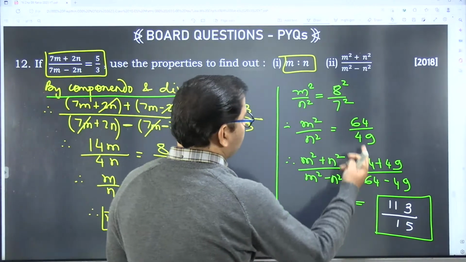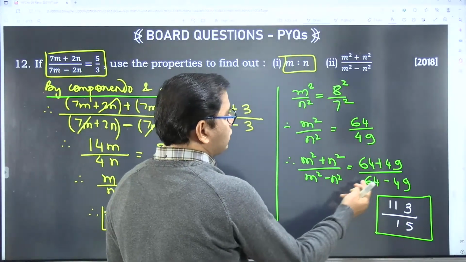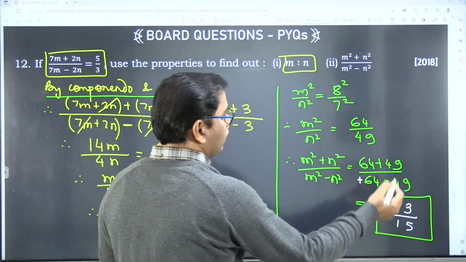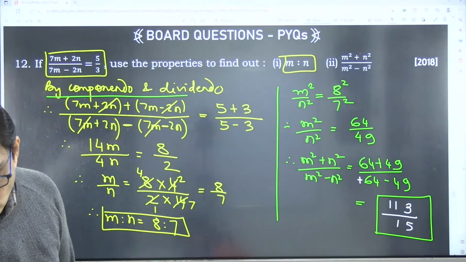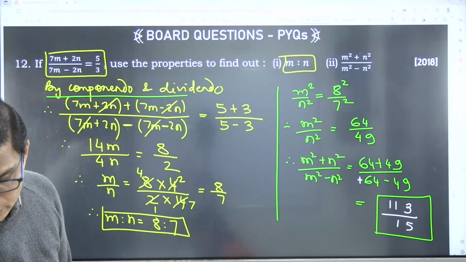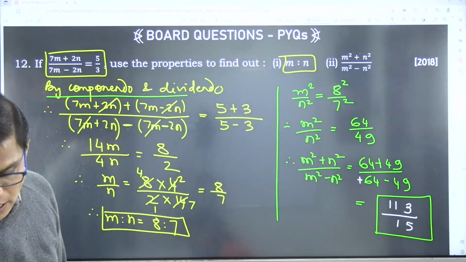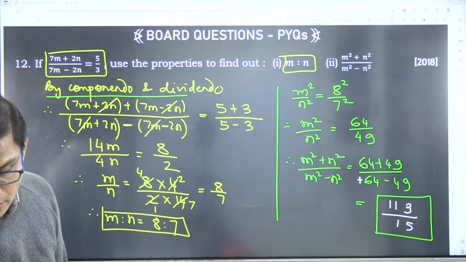Okay, the bigger number goes in the numerator, the smaller number in the denominator. The bigger number is 64 and its sign is positive. So the ratio will be positive, not negative. Yes. Rajvi Tare, I have corrected her answer.